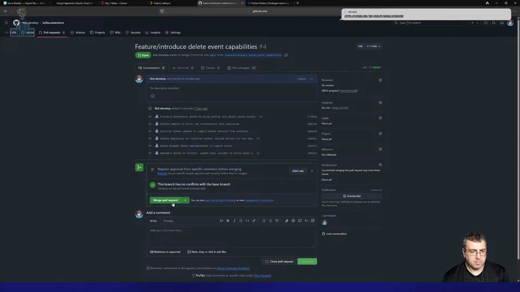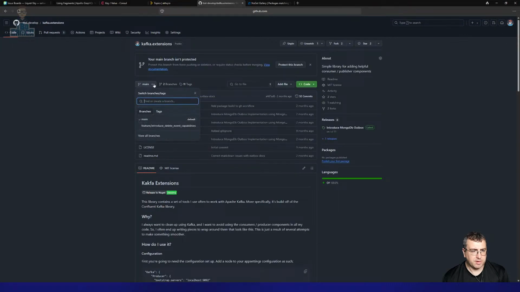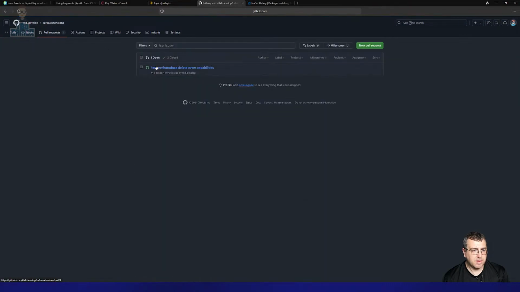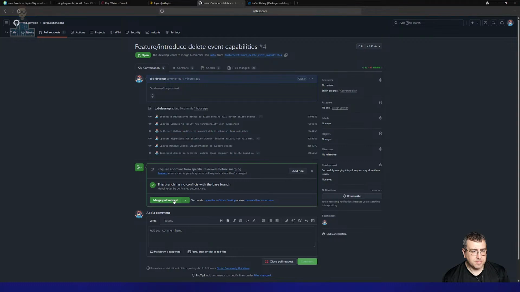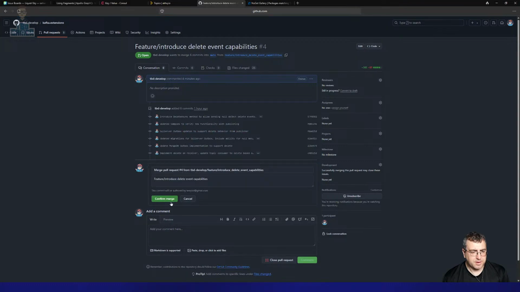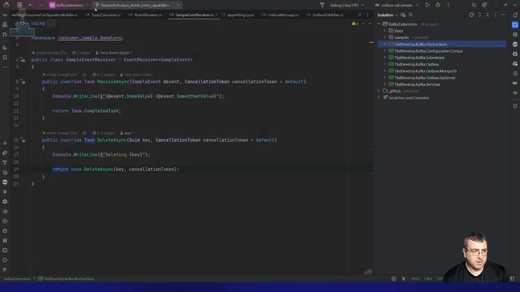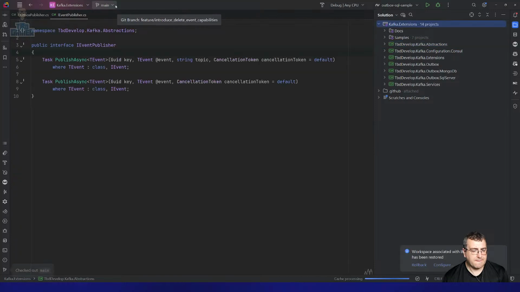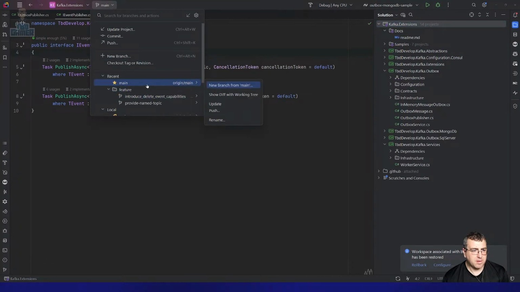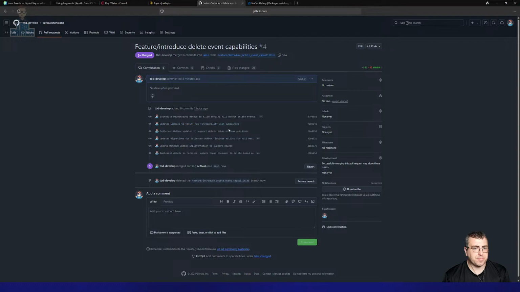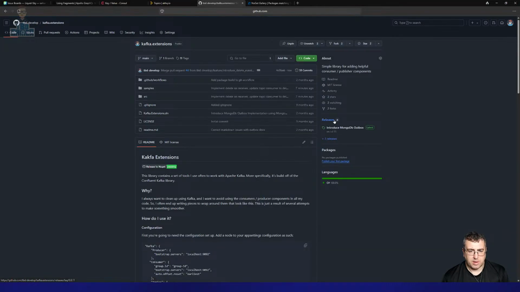Let's merge the pull request into main. Do I have a developer branch? I don't have a development branch on this one. I just have main, yeah. Merge pull request. Confirm the merge. That's where it gets scary now. Delete the branch. Main checkout. Main update. So we've merged that. Now we go over here,